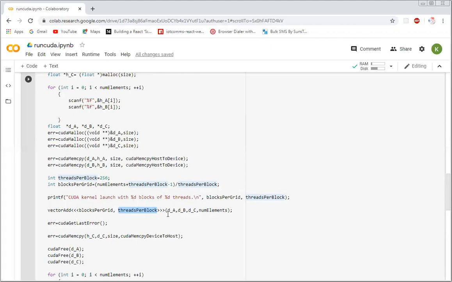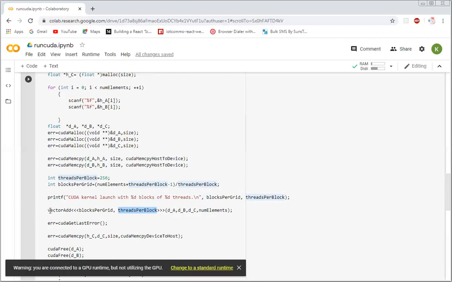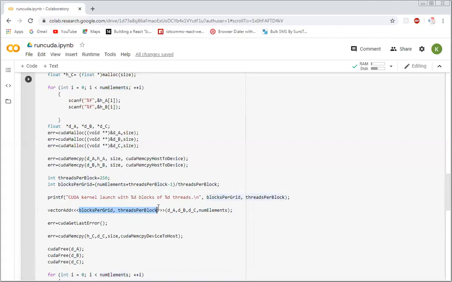Now in that case, you will call this function add vector. You will pass on the variables A, B, and C, and the number of elements as well. Why do you want to pass the number of elements? You want to pass it because you have arbitrarily decided the number of threads.